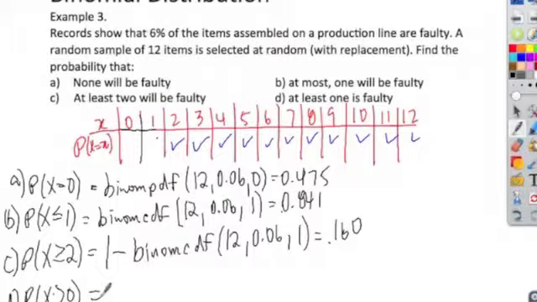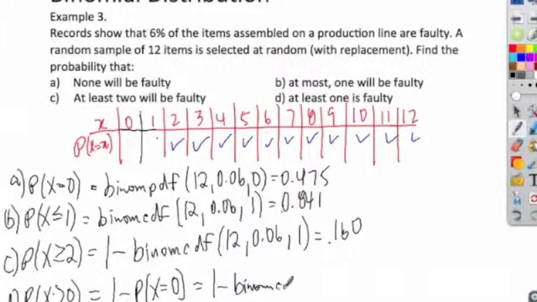Now, something that you should write, because you get a point for it on an IB exam, is the first thing you should write for this: this is the complement, or the opposite, of x not happening, x equaling 0. So if you write 1 minus P(X = 0), that shows that you recognize at least 1 is the complement of none happening, and you'll get at least a point for that in most cases. But our calculation now will look like this: 1 minus binomCDF,